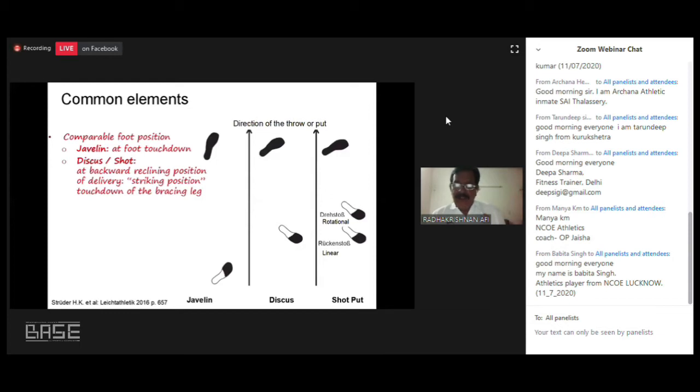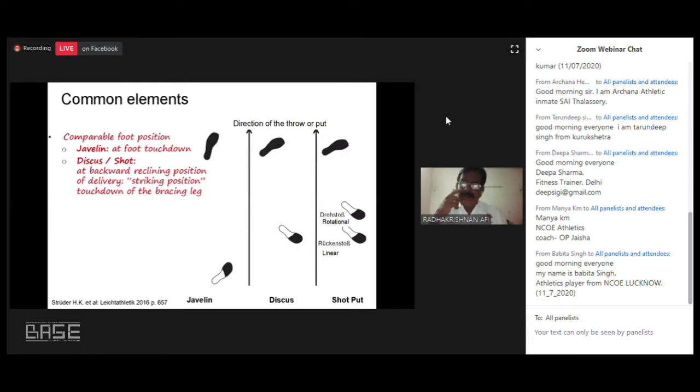The basic thing is that the stance of the power position should be according to the athlete, because if an athlete is very tall, he may make a longer power position. If an athlete is short, he may make a shorter power position. For example, in rotational and linear throws, in shot put, you can find a rotational technique. They will be having slightly less stance, and distance between the right leg and left leg, but in the linear one, it will be slightly more.